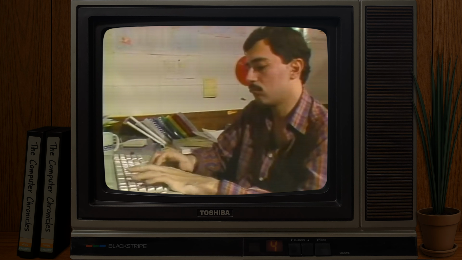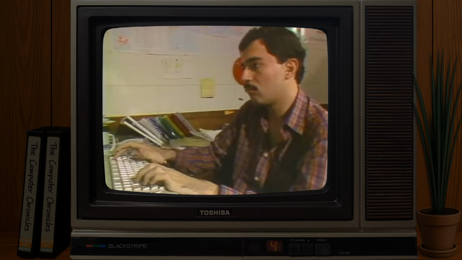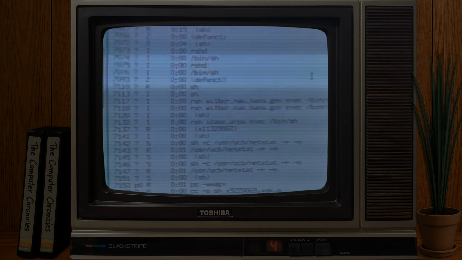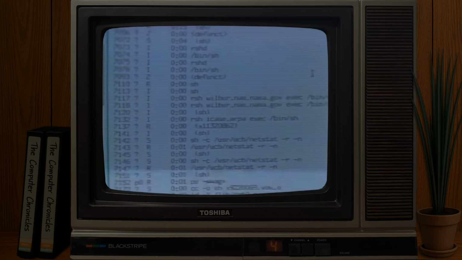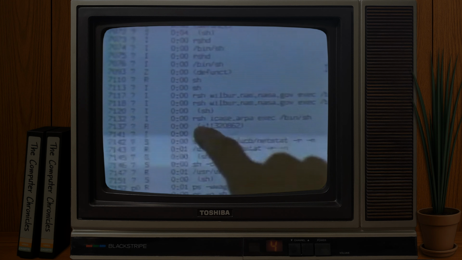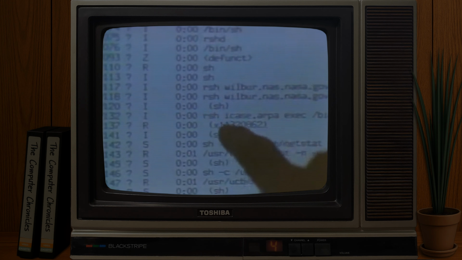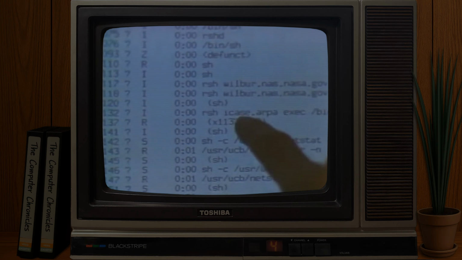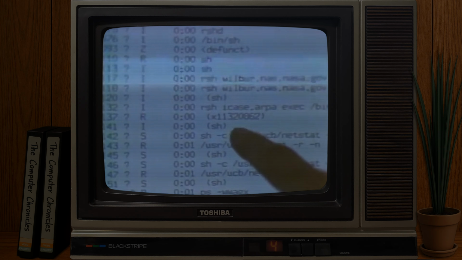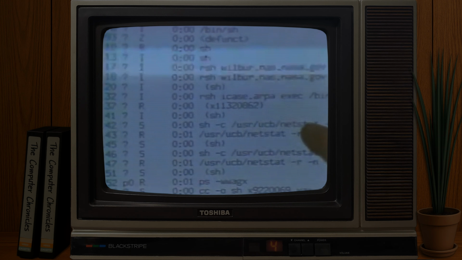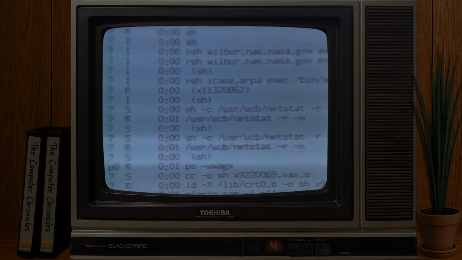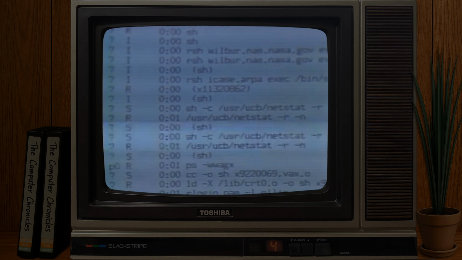The virus is not hard to find if you know where to look. If you look here, this ARSH attempt, that is attempting to open up a connection and break in to a remote machine. In this case, the machine's name is Wilbur. Here, another copy of the virus is attacking a machine on the East Coast at Langley Research Center. And here is actually the virus going through this user UCB netstat. He's looking through the routing table to attack other machines that forward messages from this machine to other